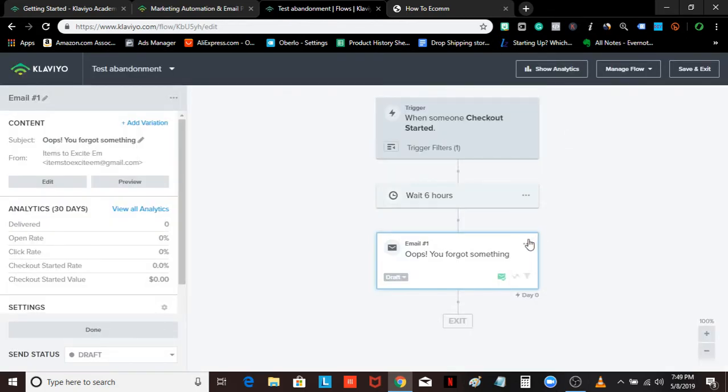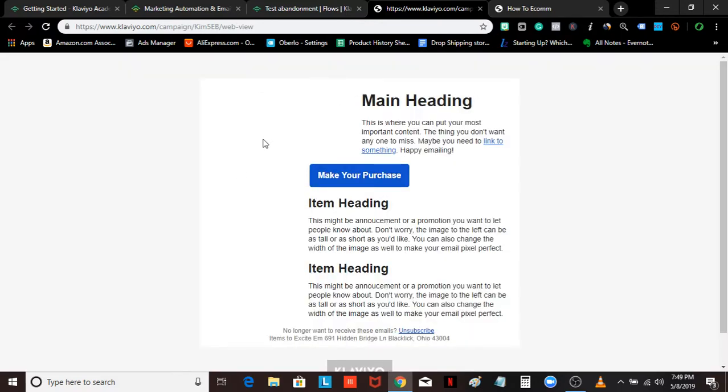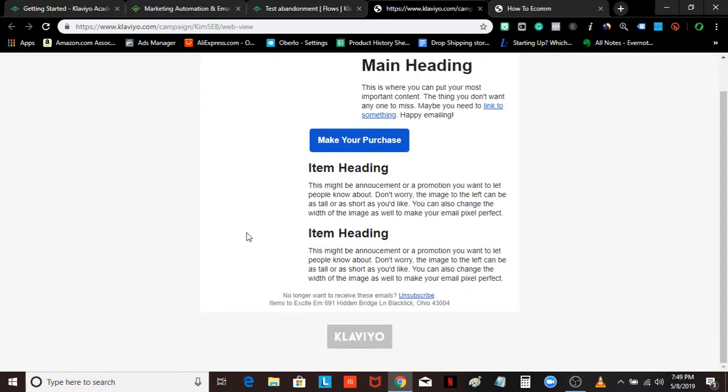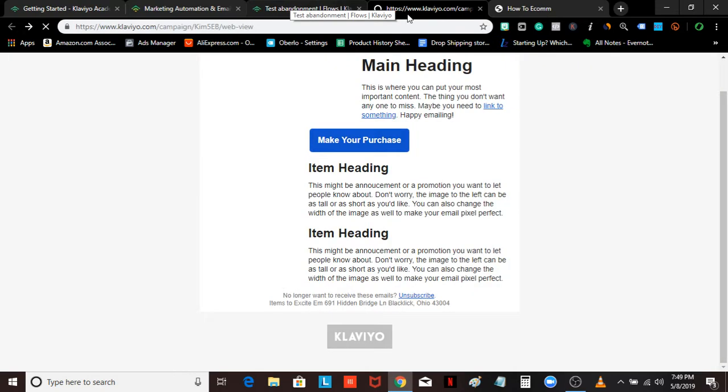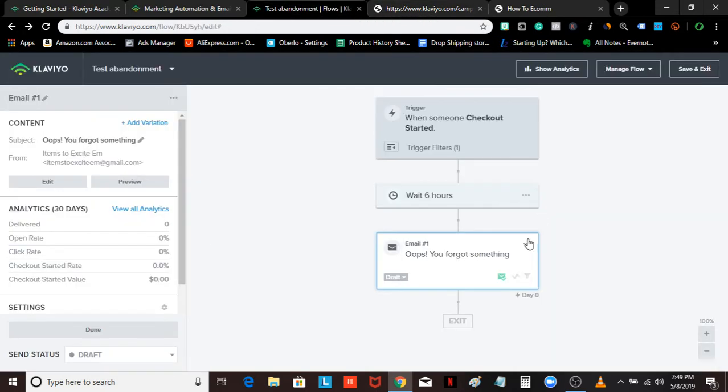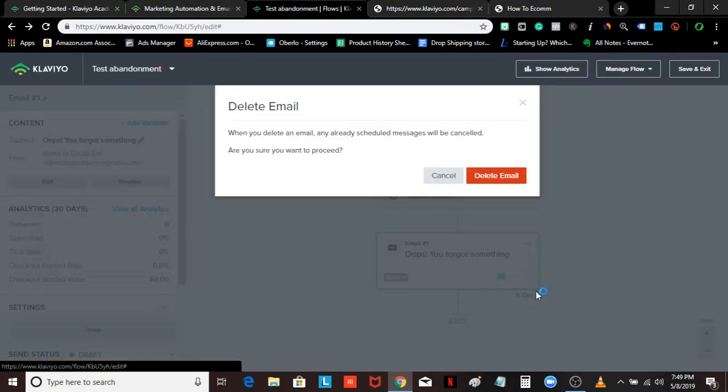It's pretty cool. So if I hit preview, it'll show what it looks like. Of course, it doesn't actually have the things like that, but you can click this and it will take you to, oh, I typed that in wrong. Typed in how to ecom.us, but you get the idea. If I go ahead and delete this,